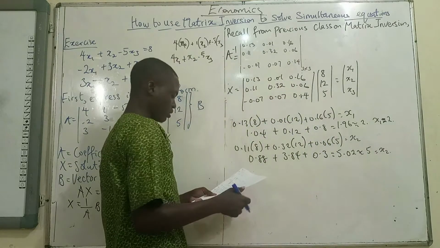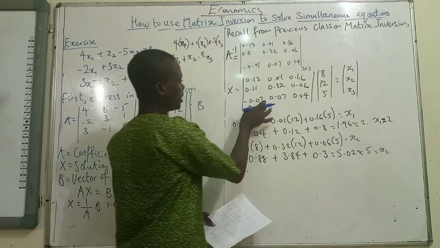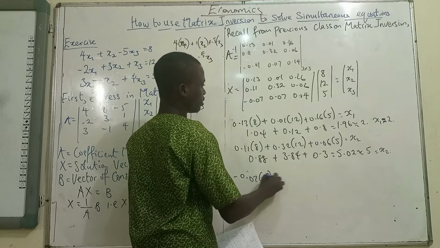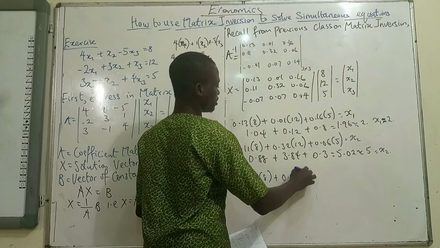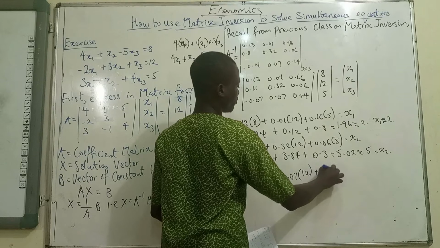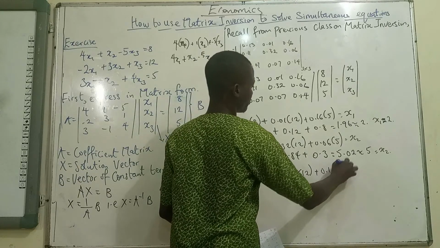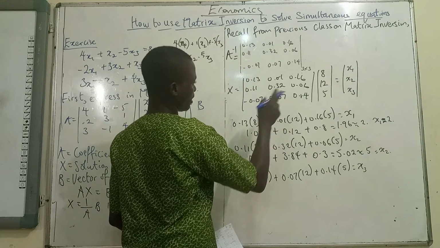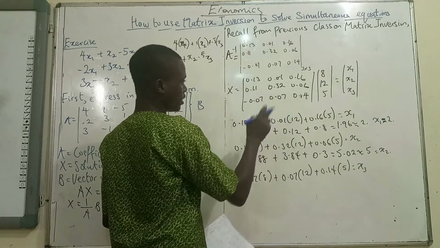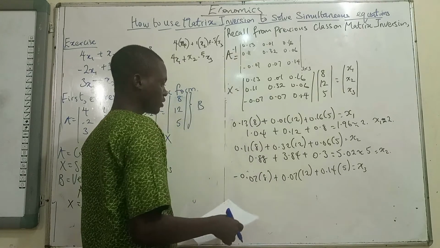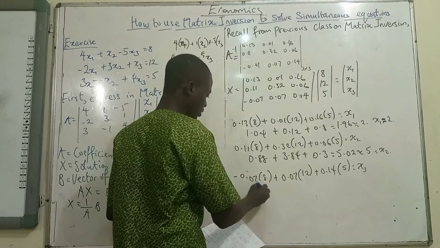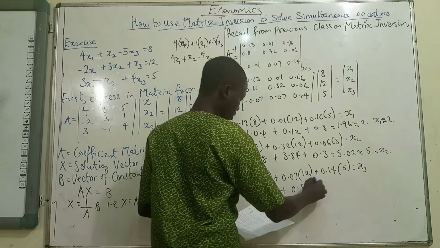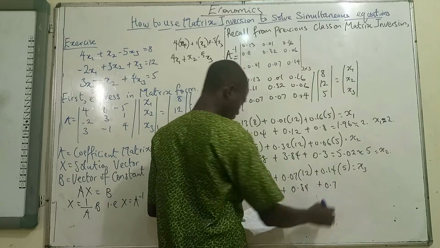Right, and the third now is for us to get x3. This multiplied by that, so minus 0.07 multiplied by 8 plus 0.07 multiplied by 12, then plus 0.14 multiplied by 5. That gives us x3, right? Minus 0.8 multiplied by 8, 0.07 multiplied by 12, 0.14 multiplied by 5. That gives us x3. So this is minus 0.56, then plus 0.84, then plus 0.7, and that's going to give